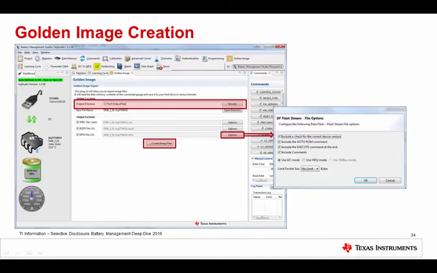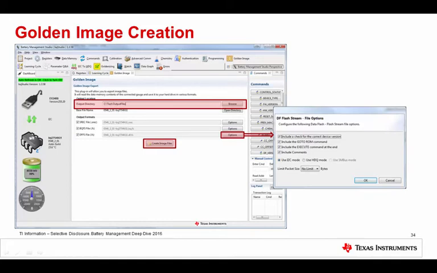What's important to understand about FS files is they represent raw bytes that one could then put on an I2C or HDQ interface to perform that programming functionality. So that's something that's a very versatile format that you can take into your production environment to program gauges, or in your operating system environment to program some of the parameters at runtime should you want to do that.